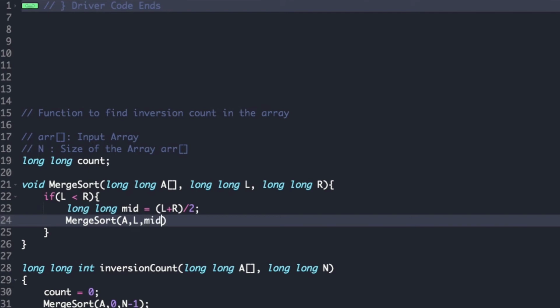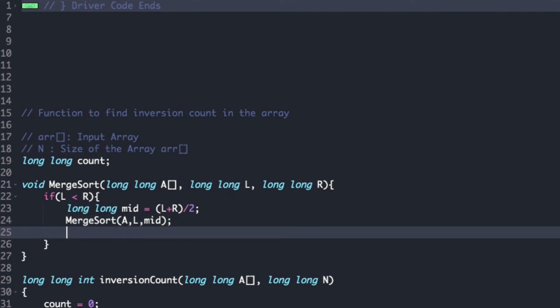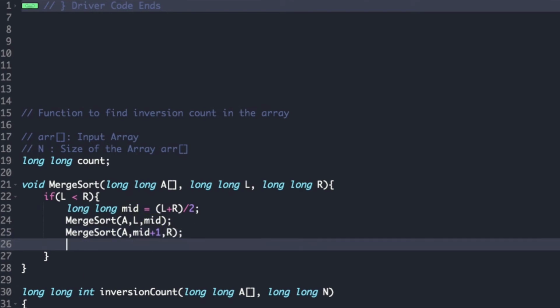So the left partition is from L to mid, and similarly the right partition is from mid plus 1 to R. And then finally we call a merge function where the parameters are the array A, and the left, mid and right indexes.